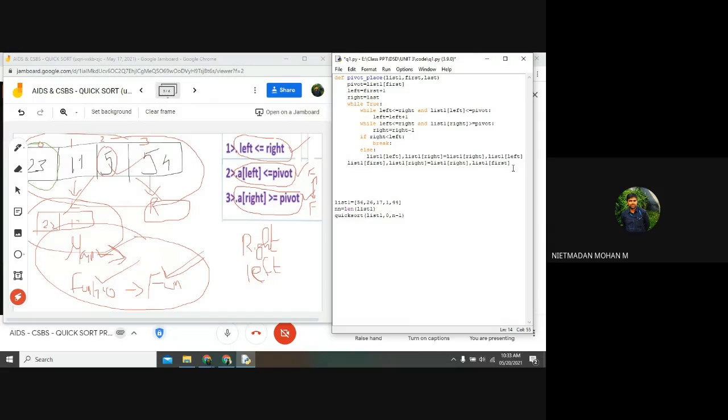In this, if you are taking the first value, you want to give the return value also for the quicksort. One more function we are going to do, and for that you want to give the return value. If you take the first element as your pivot value, what do you want to return?